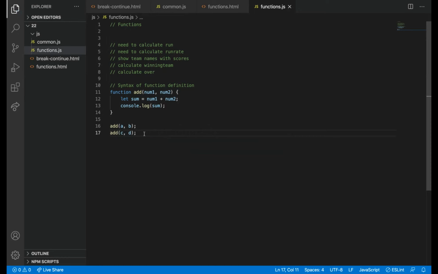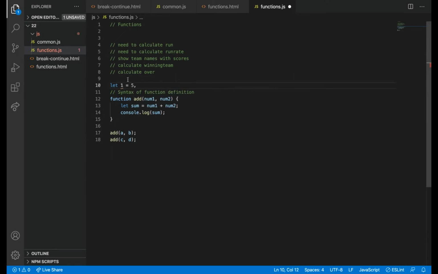So what will be the output here? I have not added any value for A and B. Let me add.